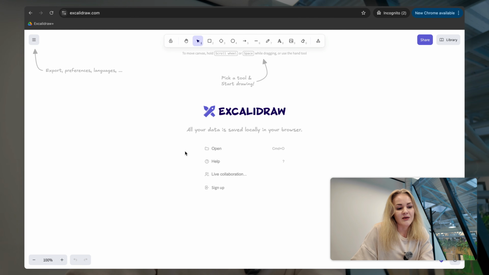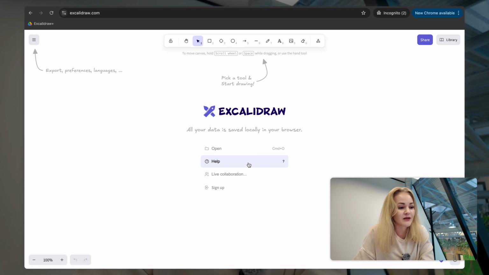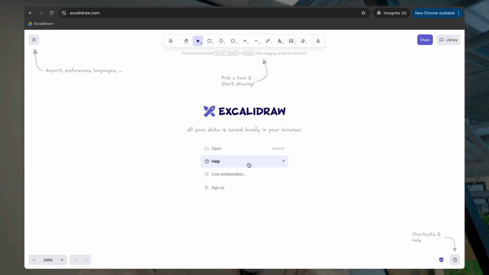So you can see some quick actions for opening, for live collaboration, because Excalidraw is made for live collaboration. You can also sign up from here to Excalidraw Plus or open help if you need it, which I think is pretty useful. You also have here these nice hints, which are telling you what to do in a specific